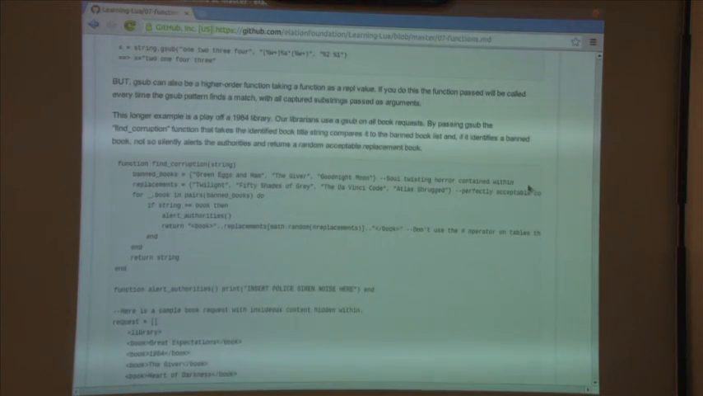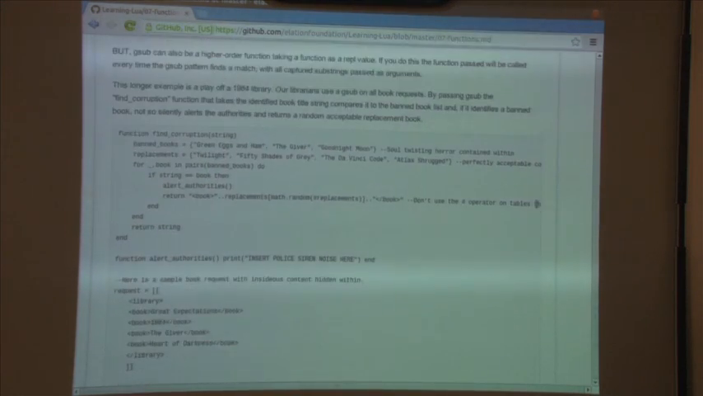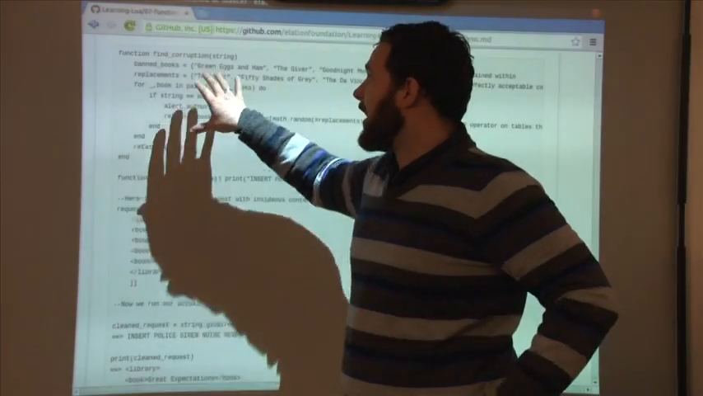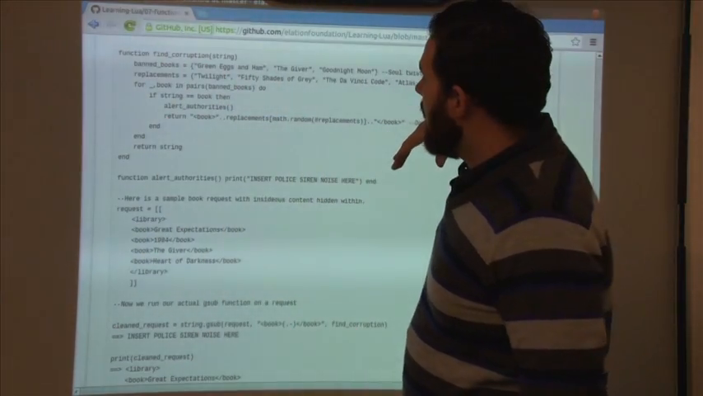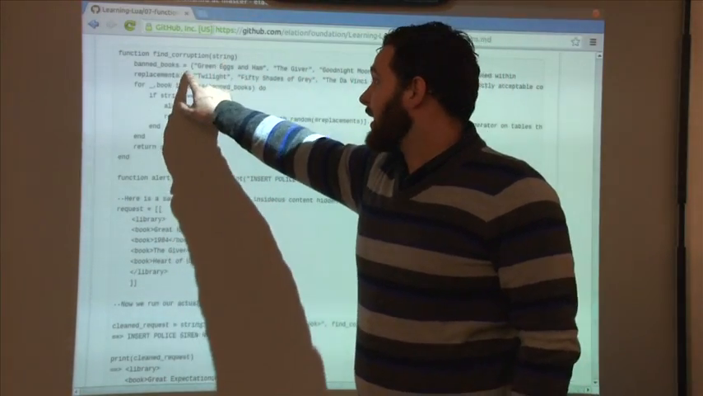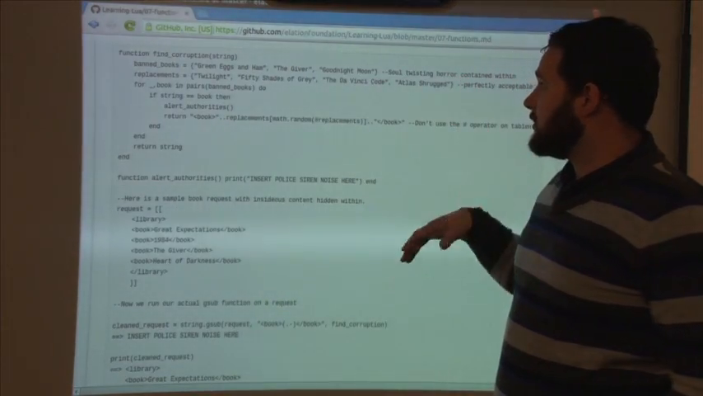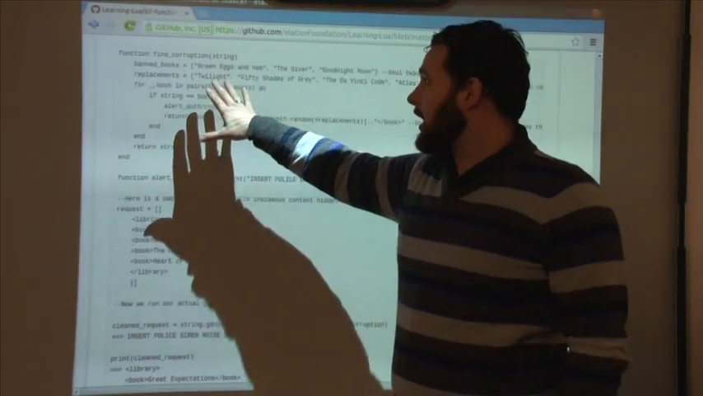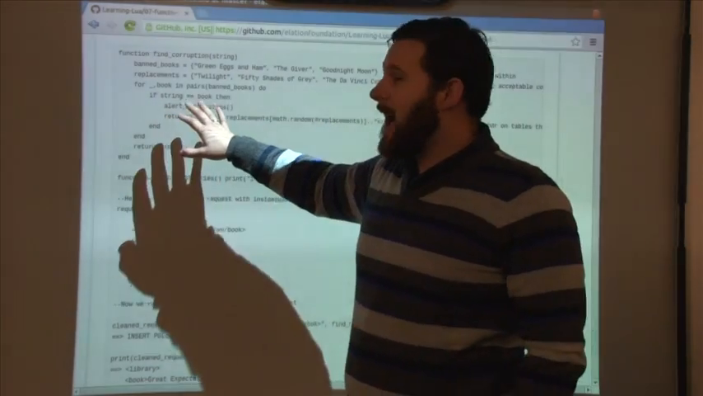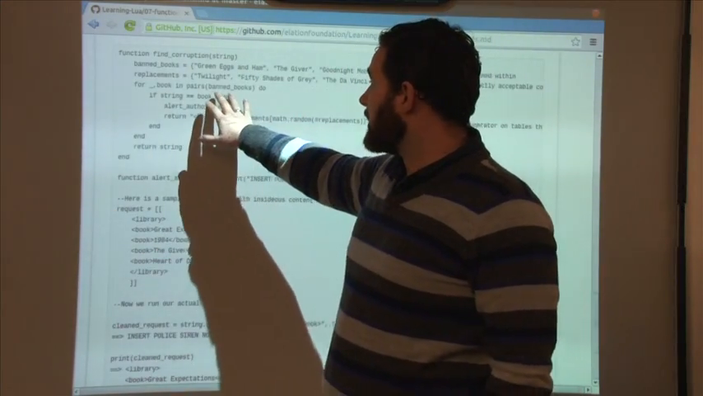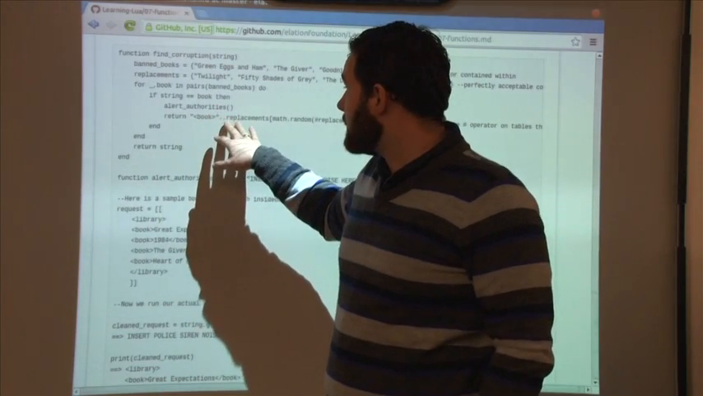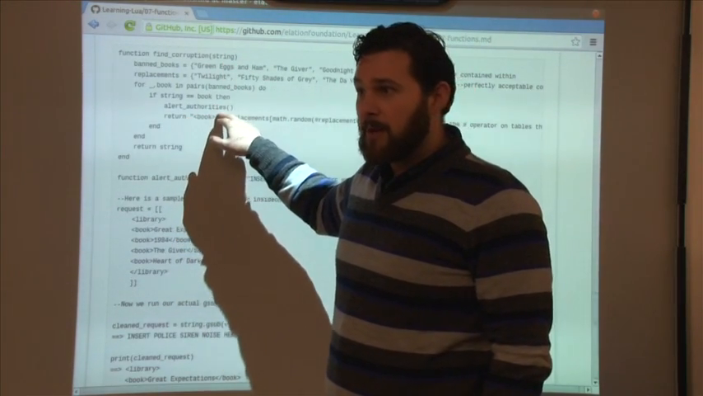But it's also a higher order function. So I've made this huge function, excuse me, which is find corruption. This is my 1984 function. So it finds a list of banned books. This function takes a string. It has a list of banned books like Goodnight Moon, Green Eggs and Ham, and The Giver. And then a list of appropriate replacements like Twilight, 50 Shades of Grey, Da Vinci Code, and Atlas Shrugged. And then it looks through our list of banned books, checks to see if the string matches the banned books. It then alerts the authorities, and then